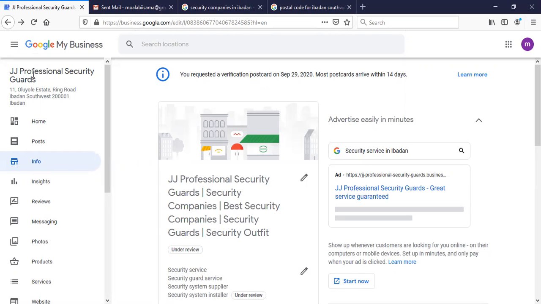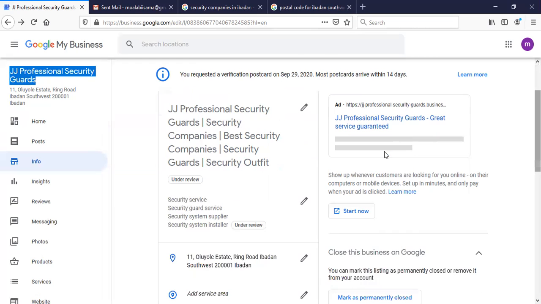For example, if you are creating a Google My Business profile for a catering business, don't just create a profile that says maybe Shade and John Essentials. No, make sure it has Shade and John Catering Essentials or Shade and John Catering Services. Make sure the main keyword is in the name of the business you are creating. Make sure it is there.